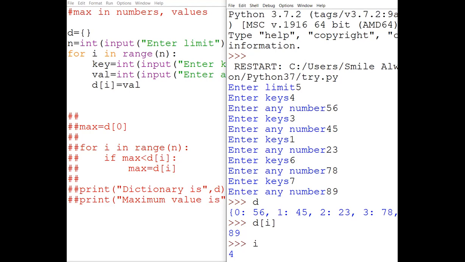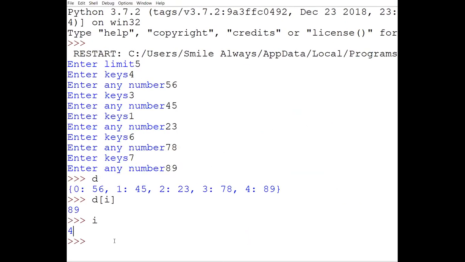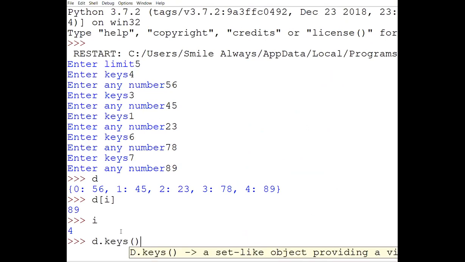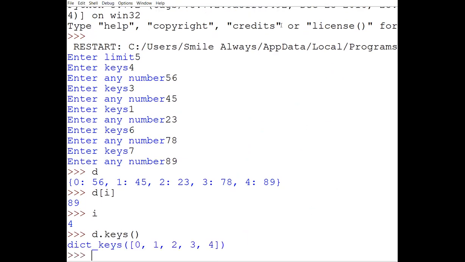Okay. Let me give you a hint. D dot keys. Like this.